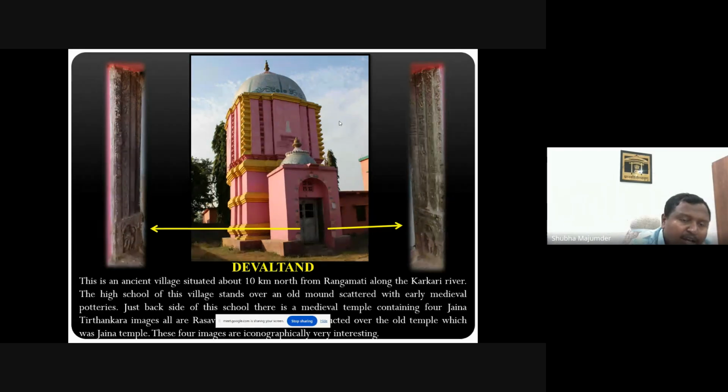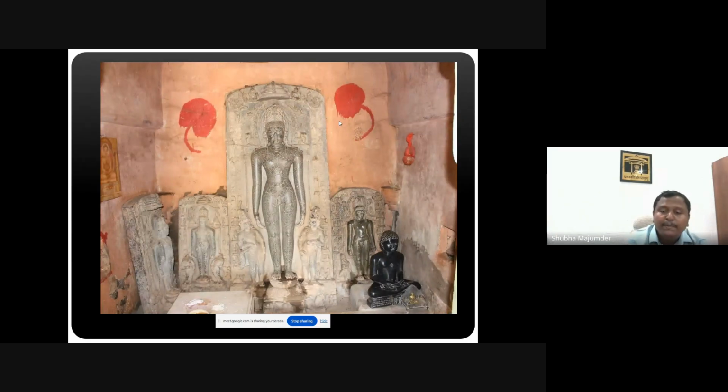But in this case, the temple exists, though the temple is renovated and colored and has changed its original shape. The dome is actually changed, the shikhara is already changed and renovated, but the context of the temple exists, so it indicates the existence of the temple at Devoltad. The temple contains beautiful images of four Tirthankara Rishabhnath images. The central image you can see is a life-size image, more than 8 feet in height, found in this site Devoltad. And probably this is the main